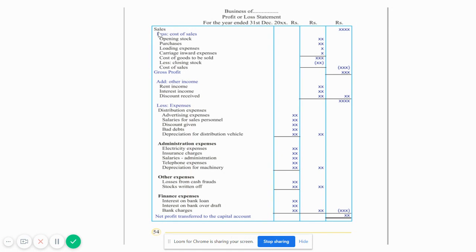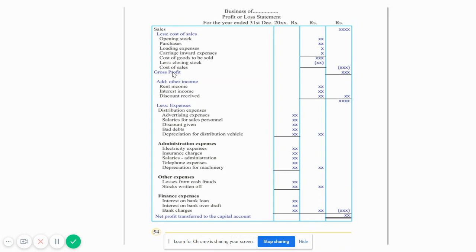The first item in the profit or loss statement will be the sales figure, which we are going to show under the third column. Then the term cost of sales comes, thereby the new key concepts that we have to learn are opening stock, purchases, loading expenses, carriage inwards, cost of goods to be sold, closing stock, and the cost of sales, and thereby we'll end up with